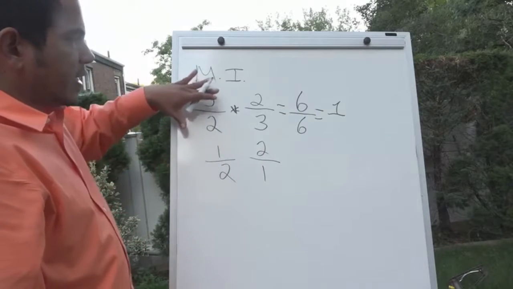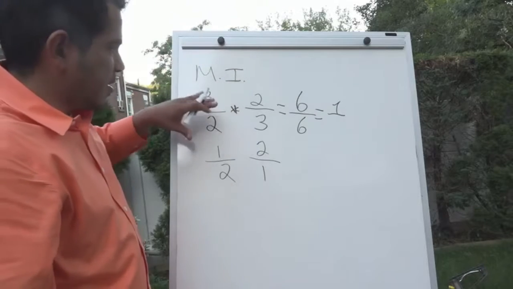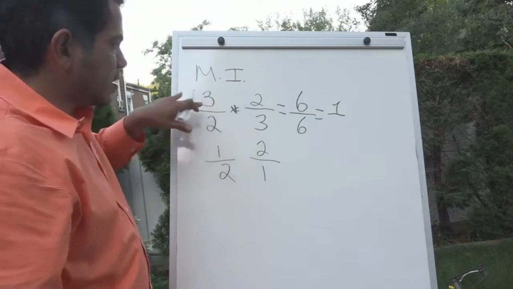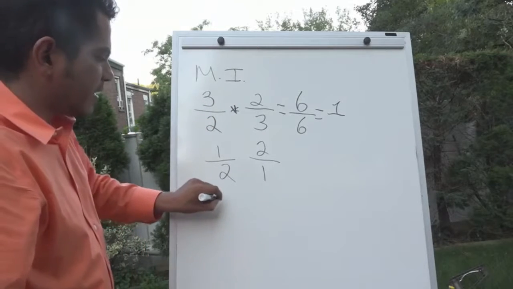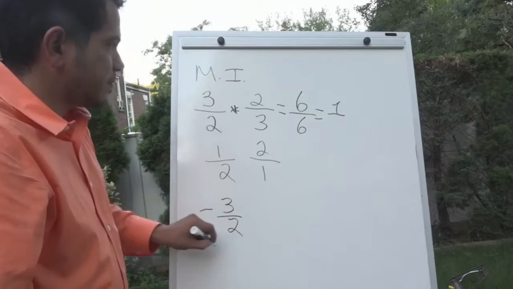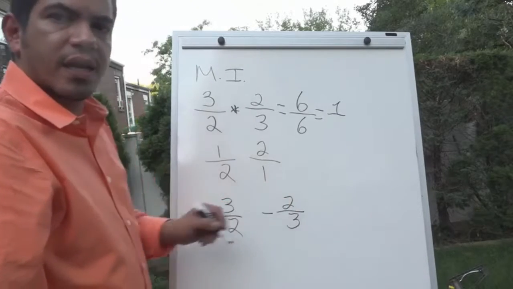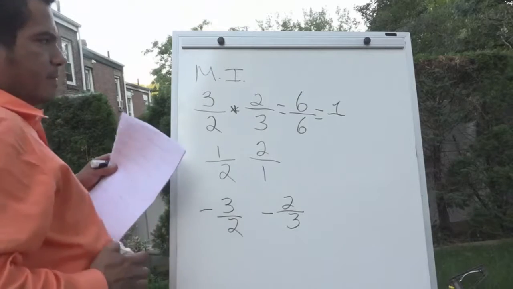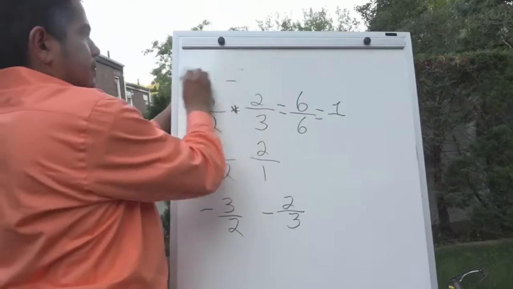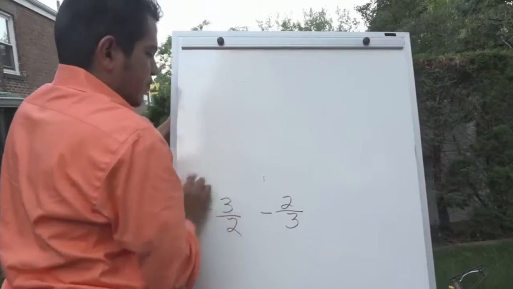Notice something. The difference between this and the additive inverse here is that you do not change the sign. For example, what is the multiplicative inverse of -3/2? Well, that will be -2/3. As simple as that. Good. All right then. So moving on, the next thing that we need to know is how to find the